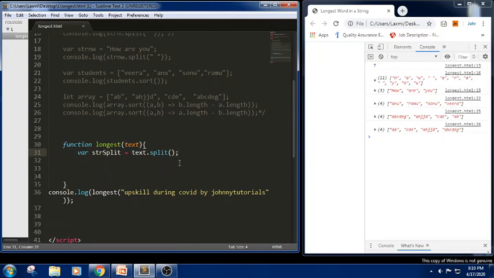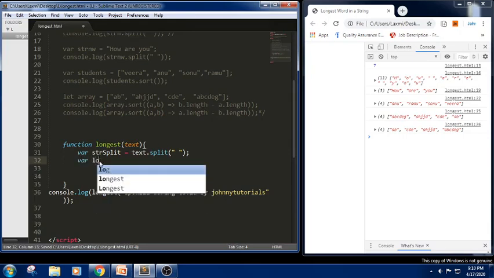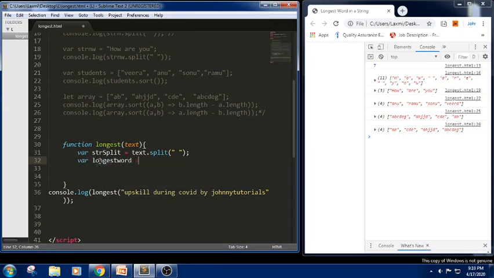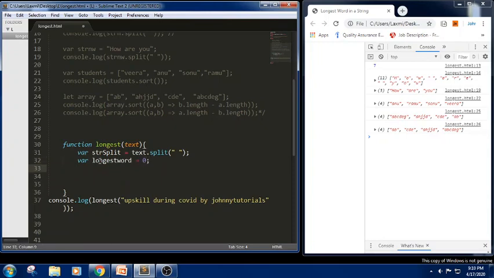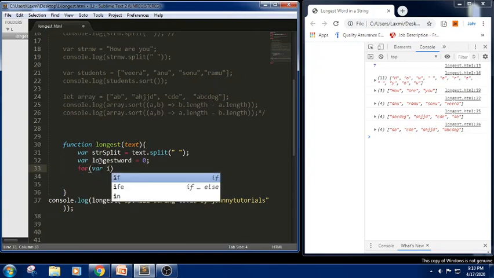So if I want to split, we can use space, so that each and every word will be split here. Next thing, I'm trying to take the value of the longest word. Initially it is 0. We haven't declared anything. Now I am trying to take variable i equals 0,